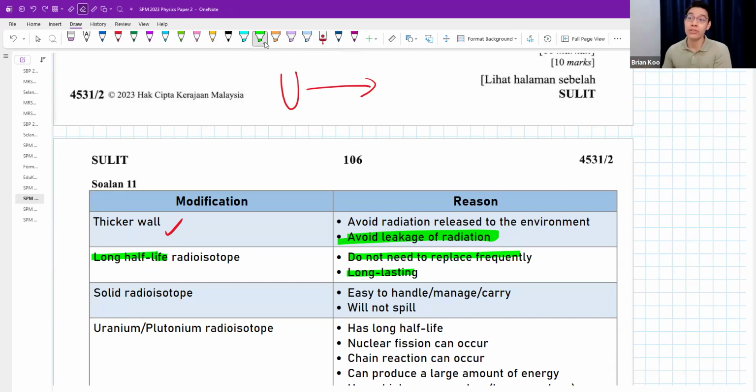I want a solid usually because it's very easy to handle. You want to remove the rod and replace it, you just pull it out because it's solid. If it's liquid, then it's very messy. You have to pour out, pour in. If it's gas, even worse, right? Solid will not spill. Normally we use uranium, sometimes plutonium also, because it has a long half-life, can have nuclear fission, has